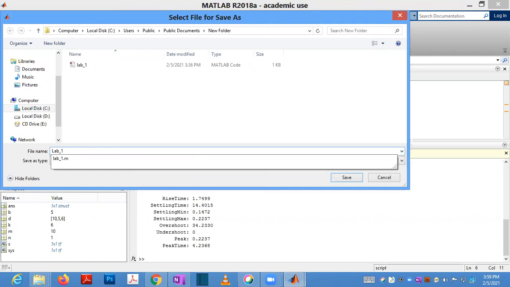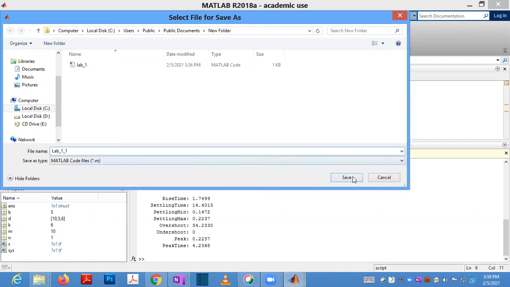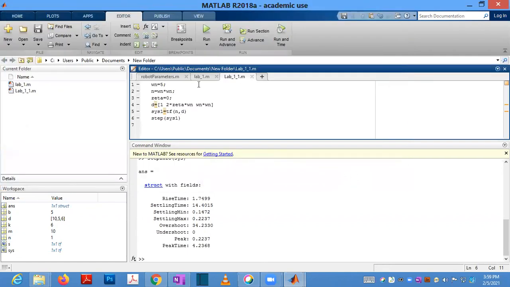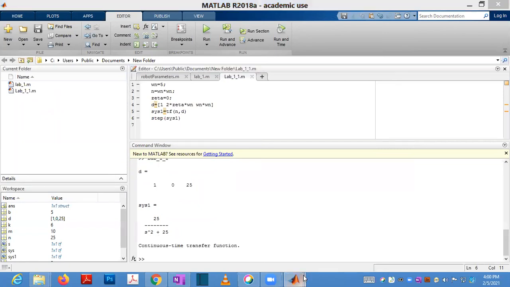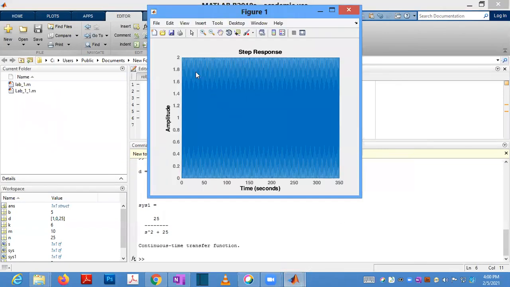For 1. So it is called an undamped system. Undamped system step response will be, if you are giving 1 as input, it will be going to 2.